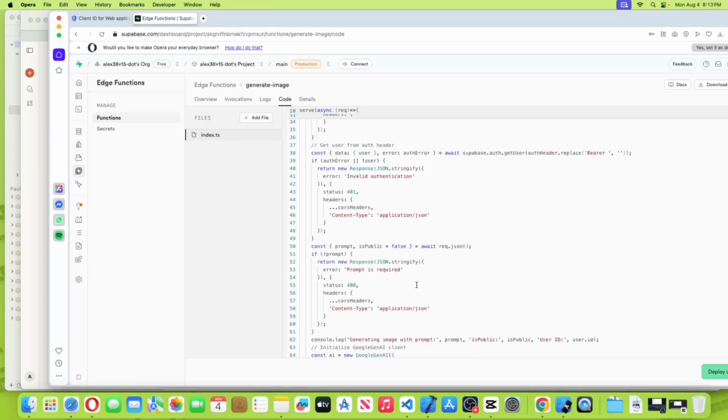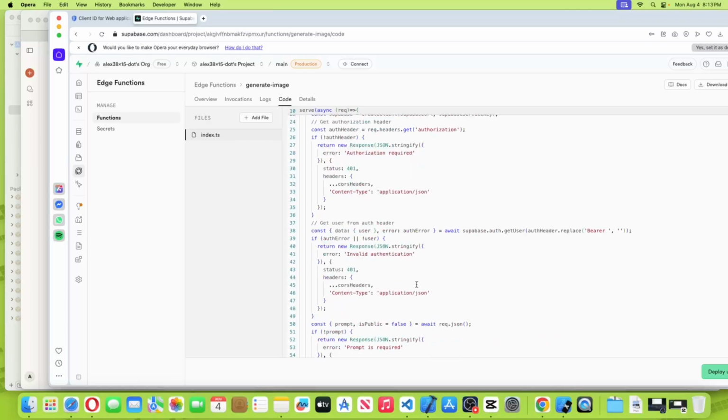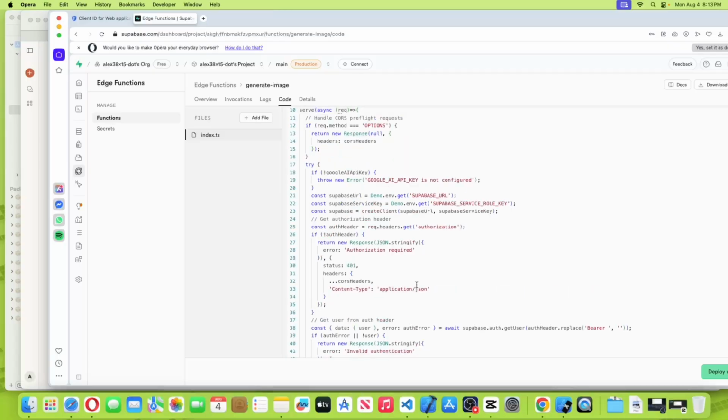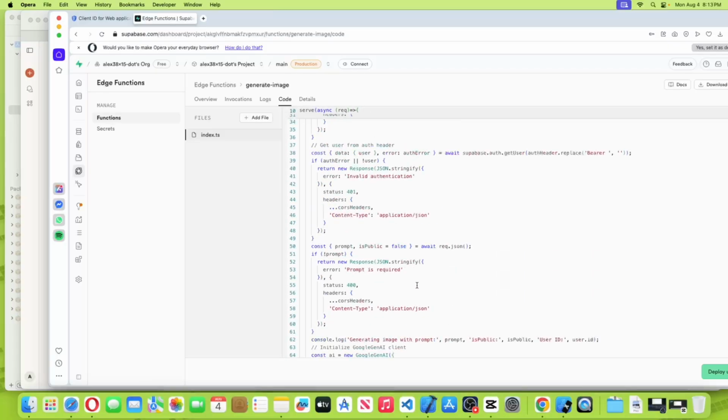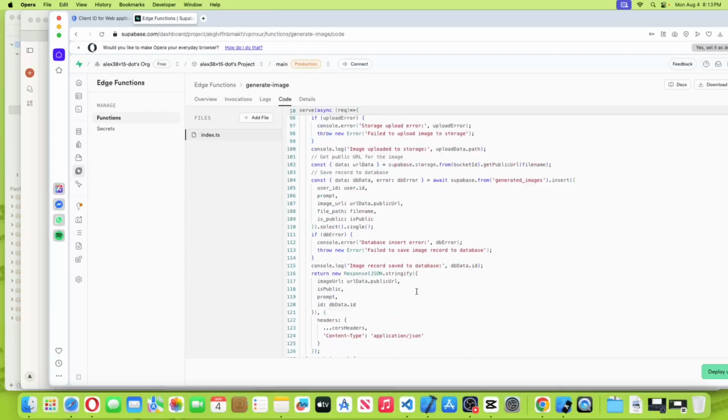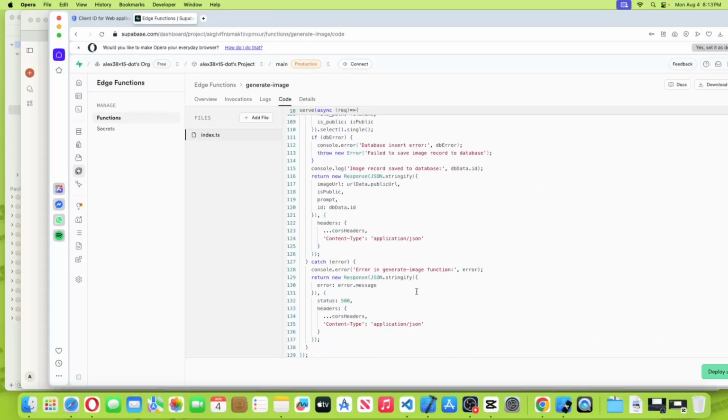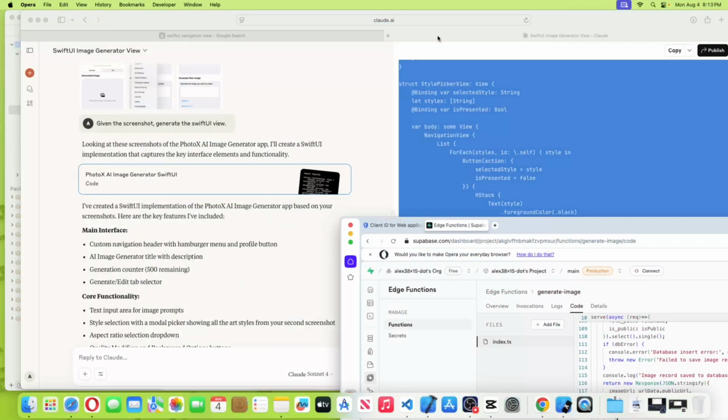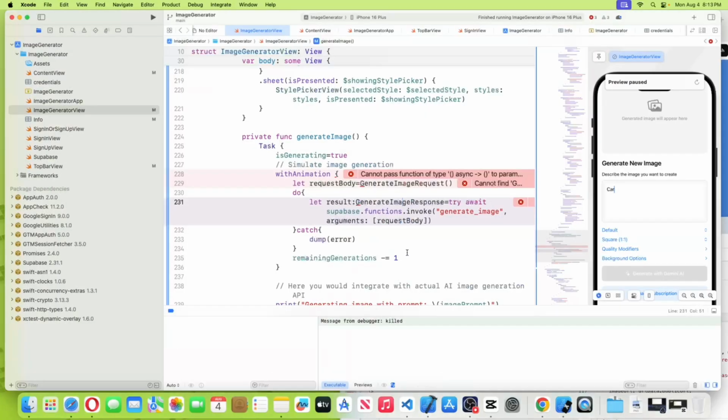So you can see prompt and is public from the request, and the response, which contains image URL, and so on. So let's go back to